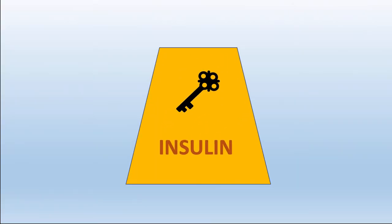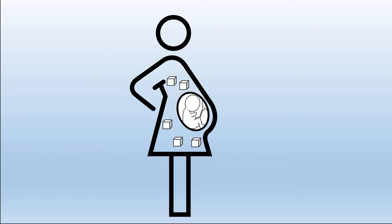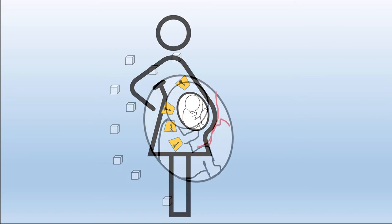Let's talk a little more about insulin. One important thing to note is that while sugar can easily cross the placenta from the mother to the fetus during pregnancy, insulin cannot because it is too big to do so. So, when a mother has high amounts of sugar in the blood, a high amount of sugar crosses to the fetus. Because the mother's insulin does not cross the placenta, the fetus creates its own insulin to match the amount of sugar entering its body. If there is a high amount of sugar entering the body, the fetus will match that with a high amount